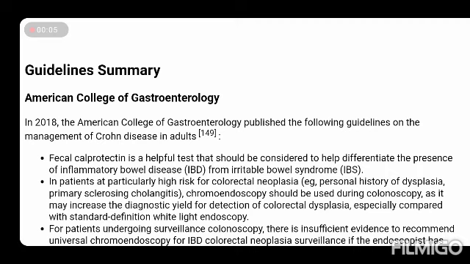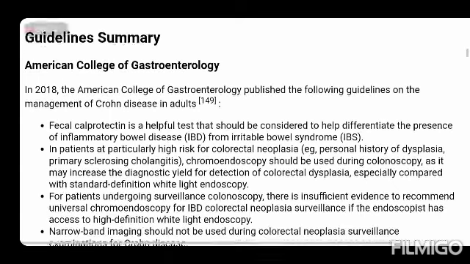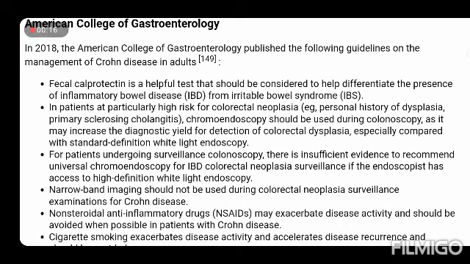American College of Gastroenterology, a guideline summary of Crohn's disease. Fecal calprotectin is a helpful test that should be considered to help differentiate the presence of inflammatory bowel disease from irritable bowel syndrome. In patients at particularly high risk for colorectal neoplasia, like personal history of dysplasia, primary sclerosing cholangitis,